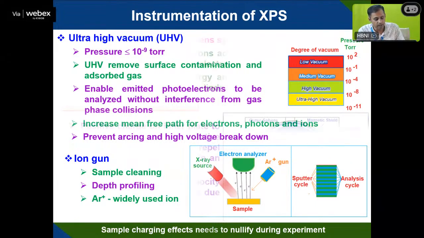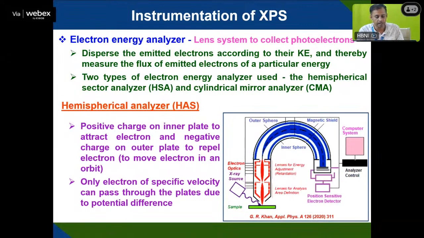And here there is also the electron analyzer. The electron analyzer is a hemispherical analyzer with a lens system used to collect the photoelectrons. It disperses the emitted electrons, separating them based on their kinetic energy, thereby measuring the flux of emitted electrons of a particular energy. Two types of electron analyzer are used. One is the hemispherical analyzer, and the other is the